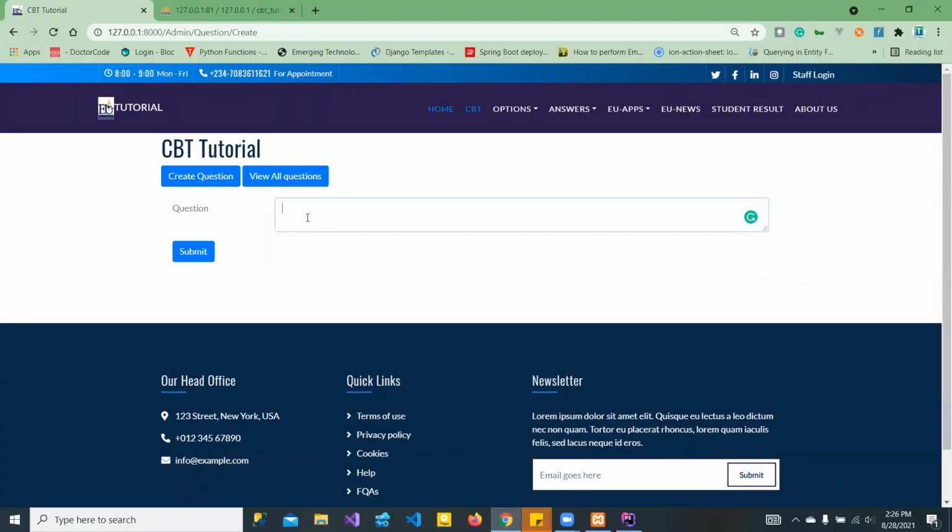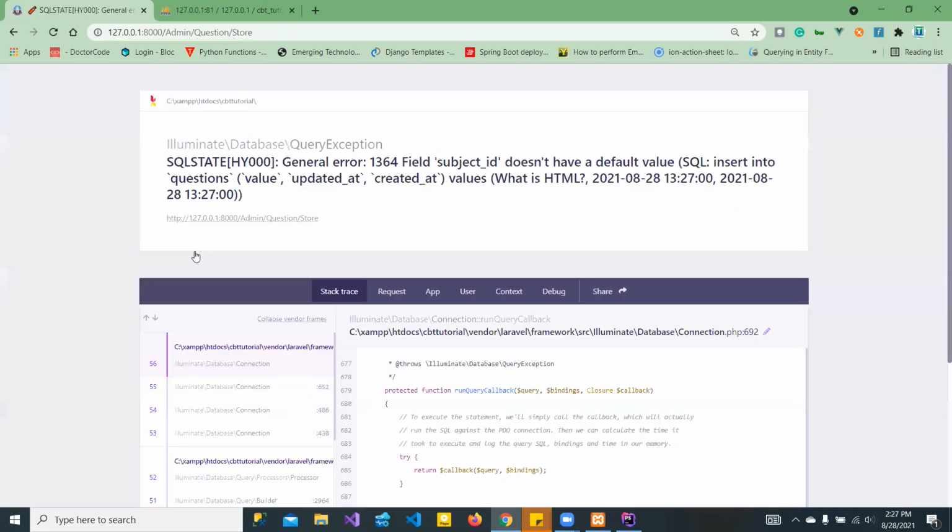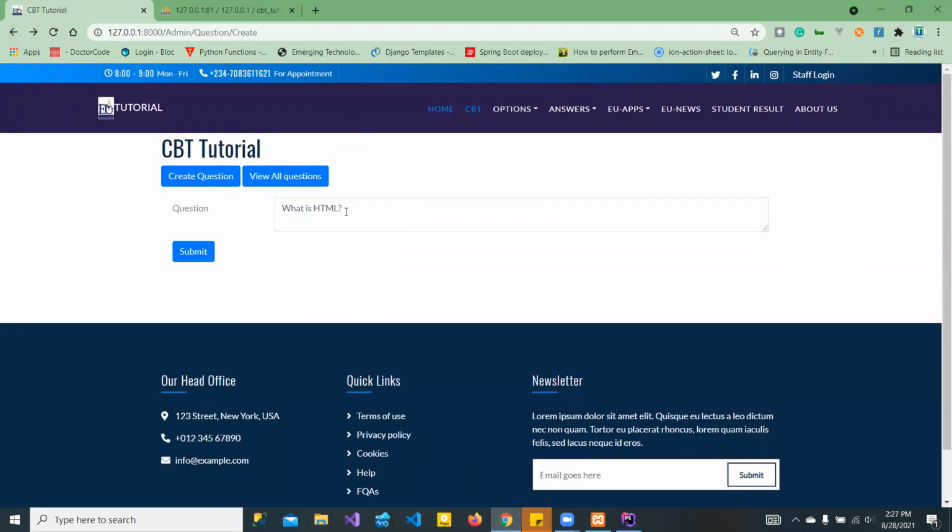So this is the question: what is HTML? So this is a question. So we can submit this. Wow, can you see? Subject ID does not have a default value. Now, that's very interesting because we don't have a subject ID yet,